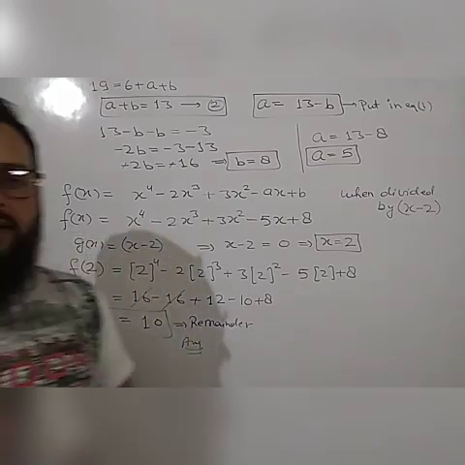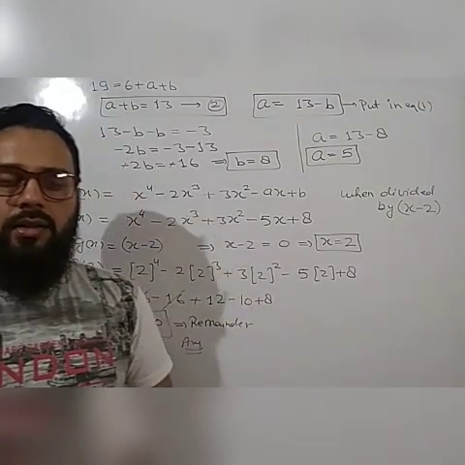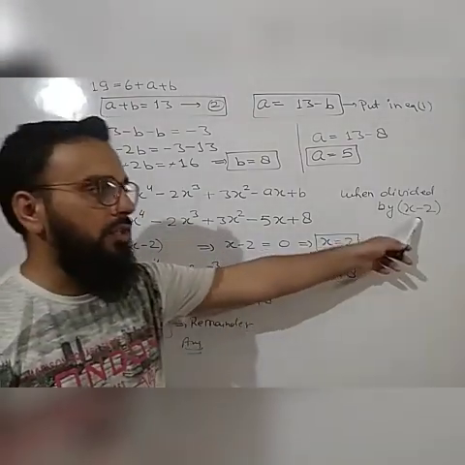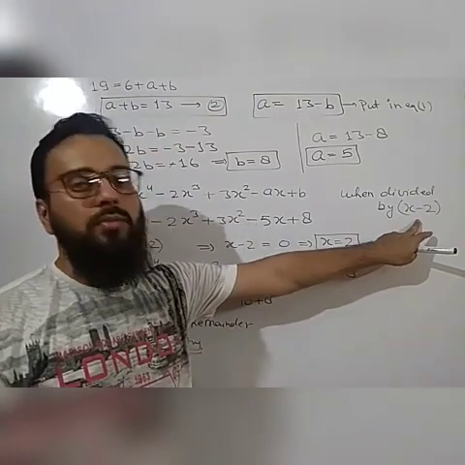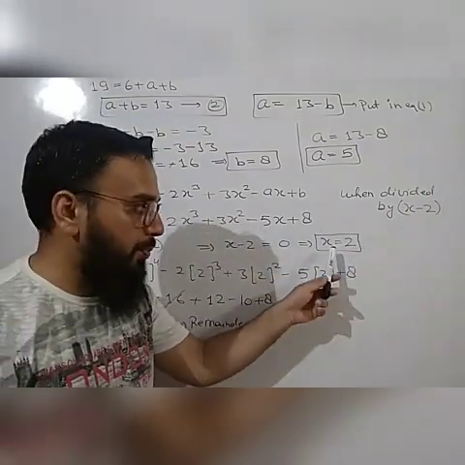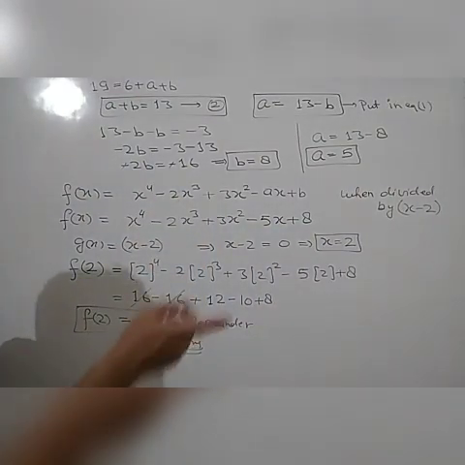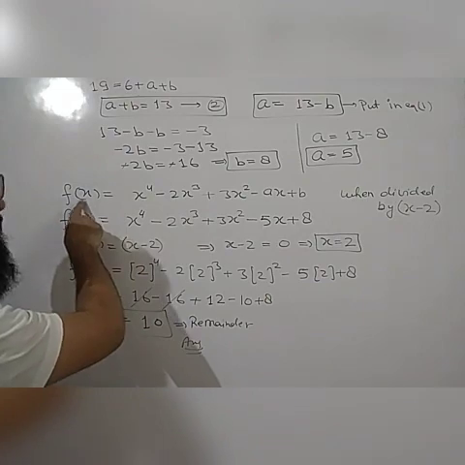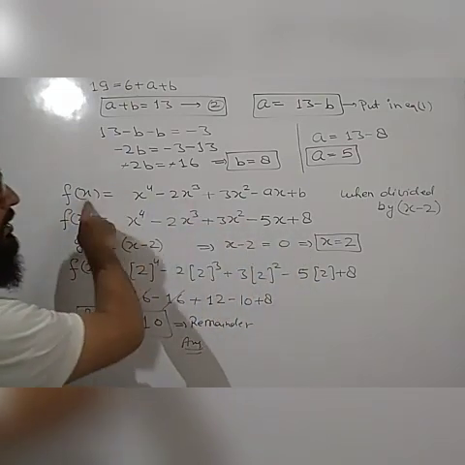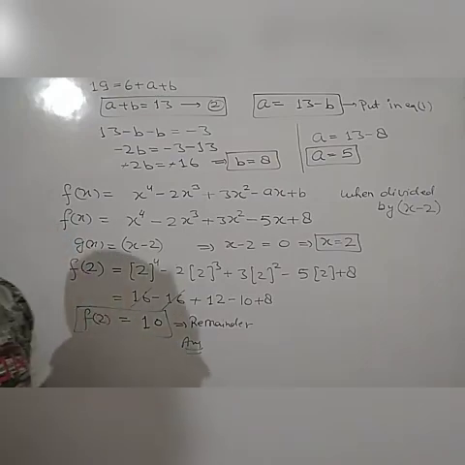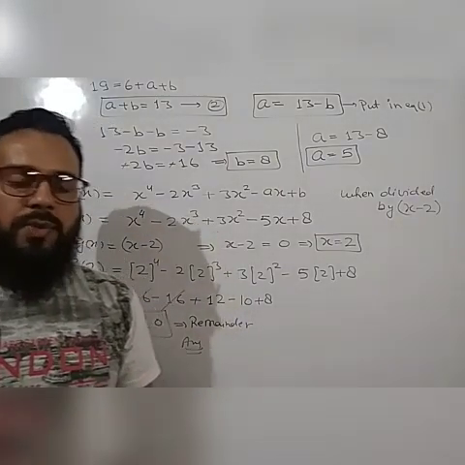Okay, so in this way we can solve the problems based on remainder theorem. We have to do only one thing. The polynomial with which we have to divide, put simply that polynomial equal to 0 and we will get the value of x, and then we will put this value of x in that polynomial which is to be divided. Means at the place of f(x) we will put x is equal to 2 and that f of 2 will be the remainder. Okay, so now you have to solve the questions based on remainder theorem.